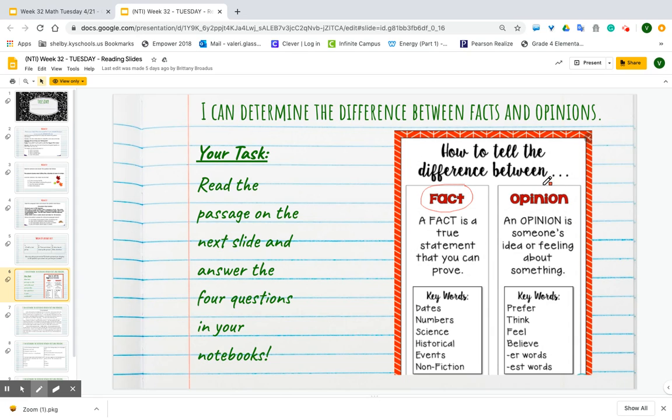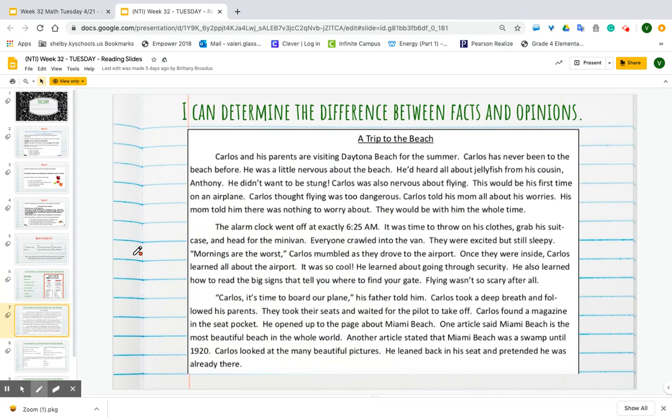And then we have that word opinion. An opinion is someone's idea or feeling about something. How you feel about something, what you think about something. And here are some keywords right here. You can't prove it. So you're going to read the passage, A Trip to the Beach, and when you're finished,